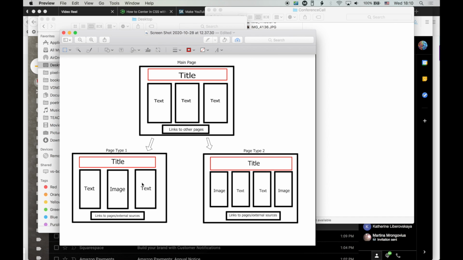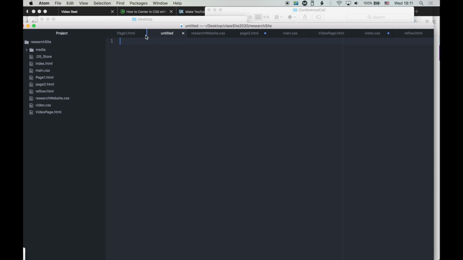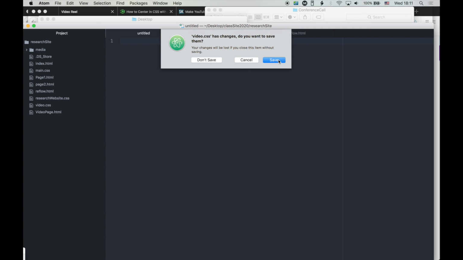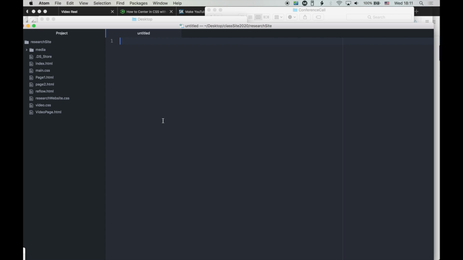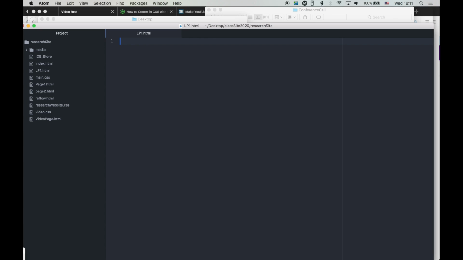All right, so here it is. So let's make our website. We want to go into Atom, and we will make a new, I'm going to close all of this because it's getting super confusing. Goodbye. Okay, and we're going to make a new website, and I'm going to save it as lp1.html, so it's page 1 of website L, because the person who sent it to me, their name starts with